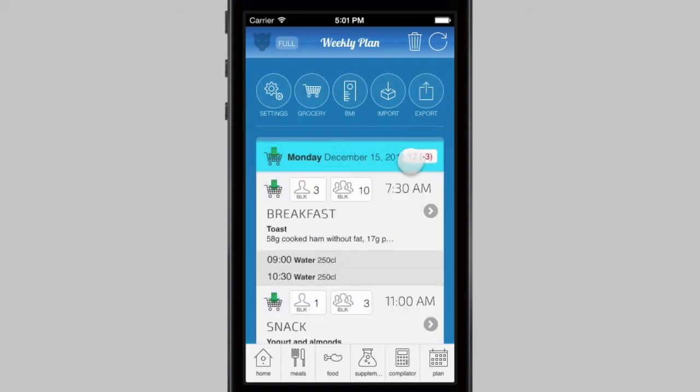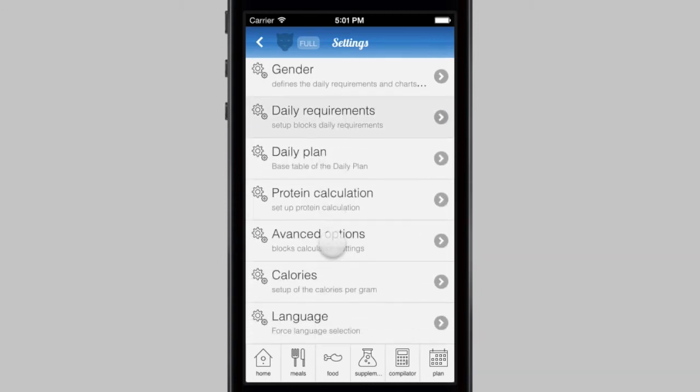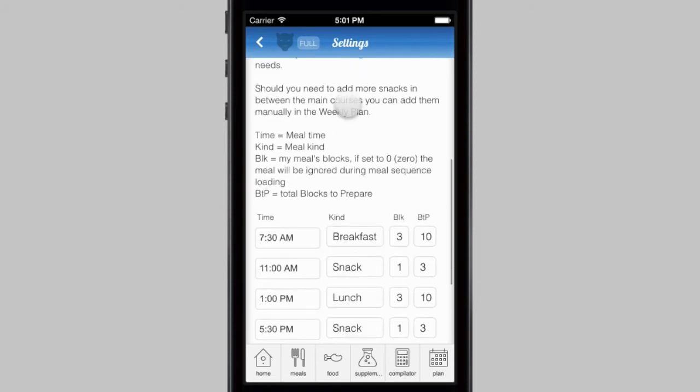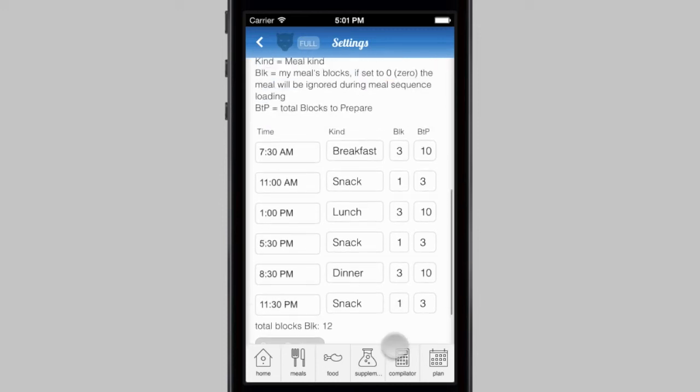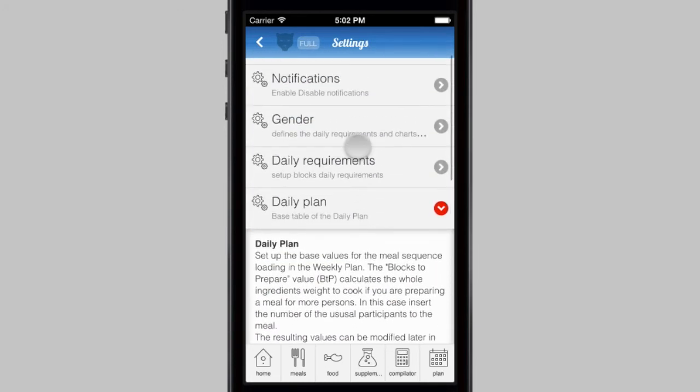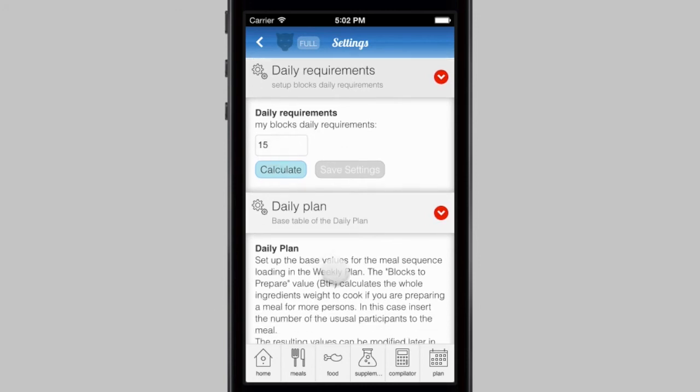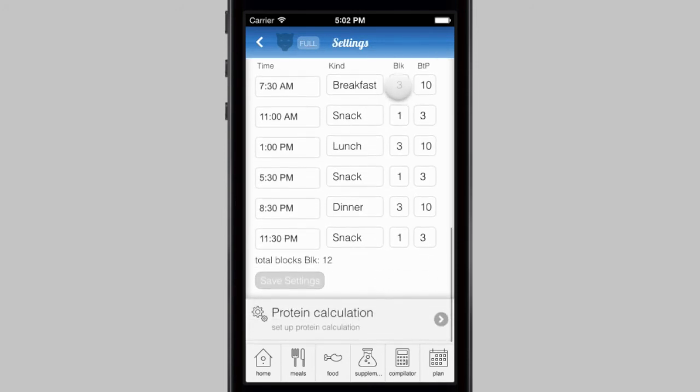Yes, as you see, now we have 12 blocks, I will show you right now. The sequence is basically made over the daily plan we set here in the settings. So these are the values that the application will use as reference for generating the weekly plan. If you want to go to 15 blocks as the option we changed in the daily requirements here, you see, you have to go here and manually